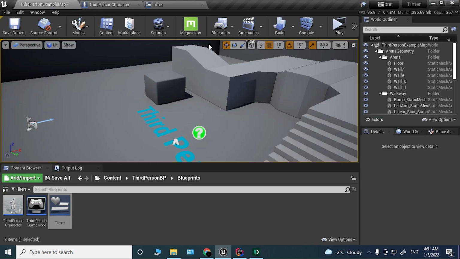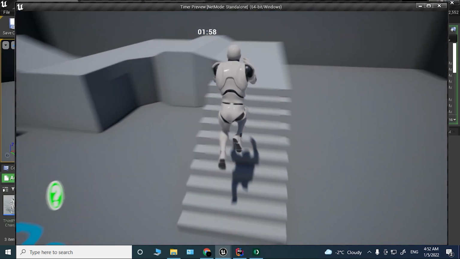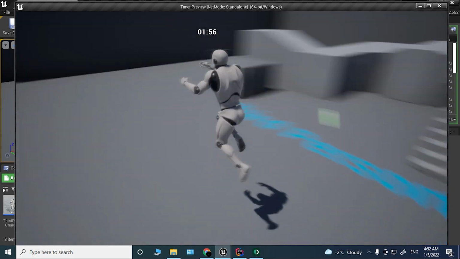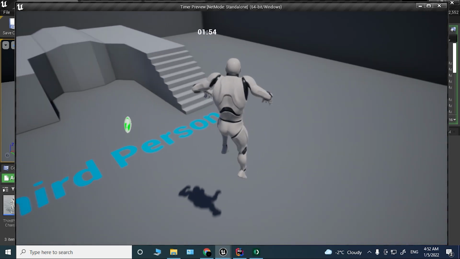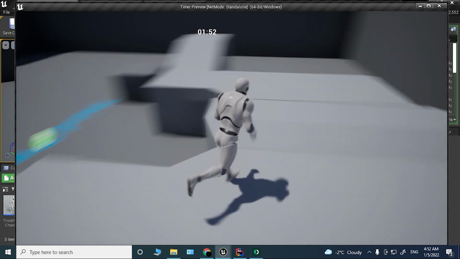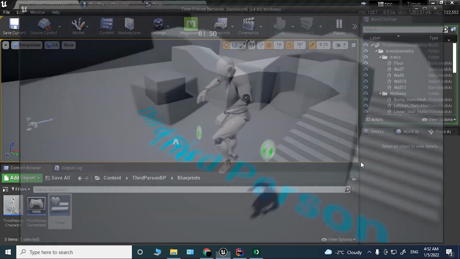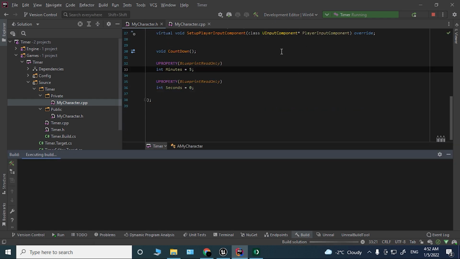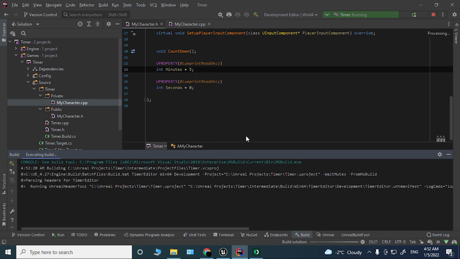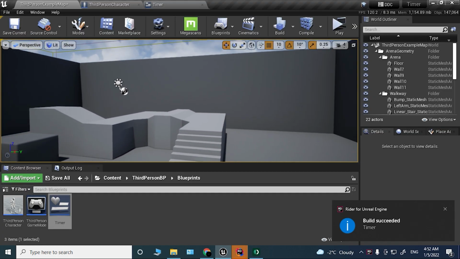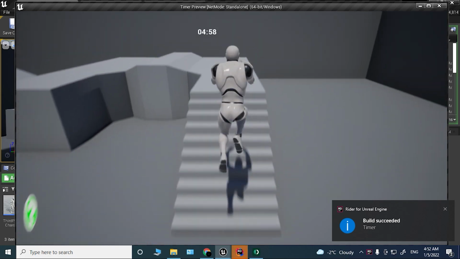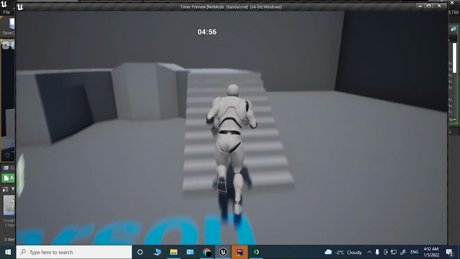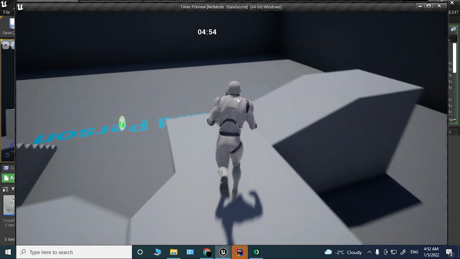So let's see what happens. And here we have our timer, which started counting down from 2 minutes. That's because we set the minutes to 2. If we go back here and set the minutes to something like, I don't know, 5, and compile, this is now gonna start counting down from 5, as you can see,